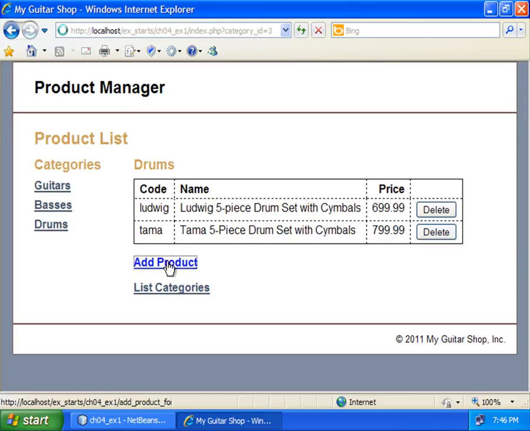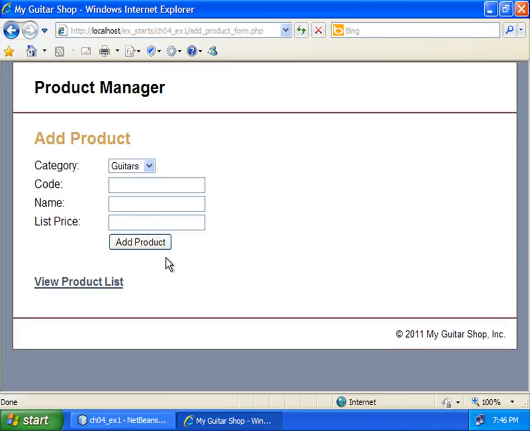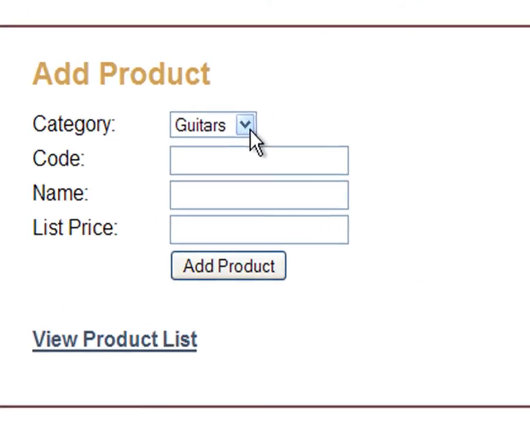So let's click on that, and that takes us to an add product form, which you can see up here in the URL. The first thing we do is decide which category we're going to add a product to. So let's go to the drums category by using the drop down list here. Make up a simple code for KD. The name will be kick drum, and the price will be $199 even. Now when we click add product,